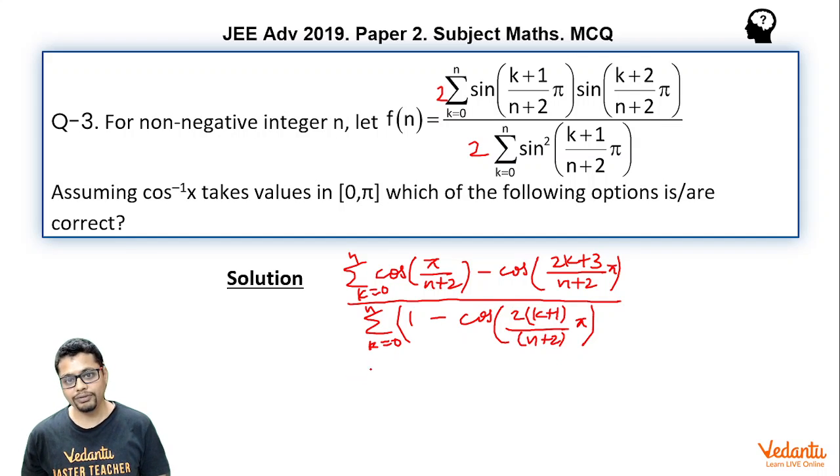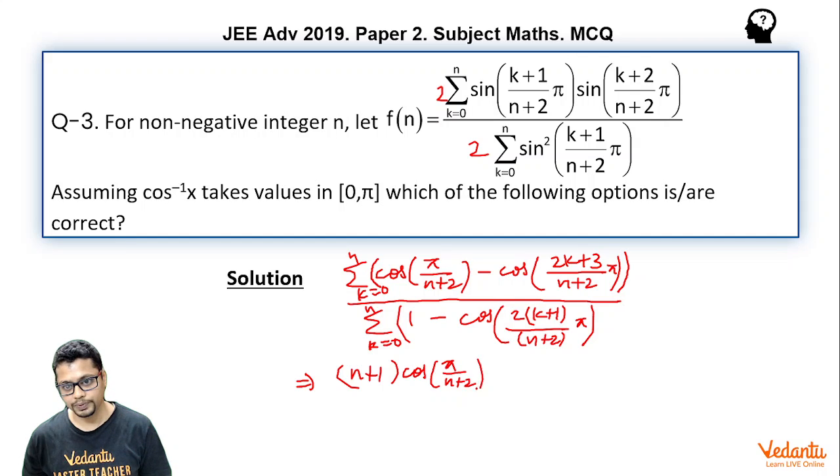Now if you see carefully, in the numerator, as I add these terms, cos of pi by (n+2) is not varying with k. So basically this will add n plus 1 times and it becomes (n+1) times cos of pi by (n+2)